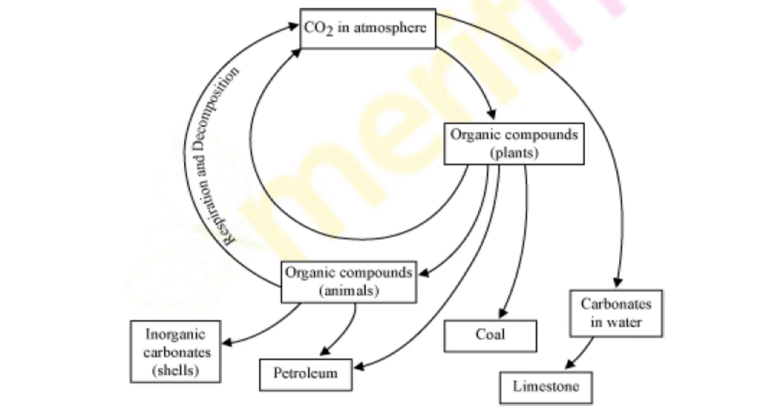So you can see from the diagram also, carbon dioxide is present in the atmosphere. It is taken by the plants for photosynthesis process. Then plants are eaten up by animals, and these animals later form inorganic carbonate shells. Second point, you can write that plants and animals, when they die, form fossil fuels like coal and petroleum. Third point, you can write down that carbon dioxide present in atmosphere is used by the marine organisms or the aquatic animals in the water to form carbonate shells, which is made up of limestone. So these are the steps which are involved in carbon cycle.